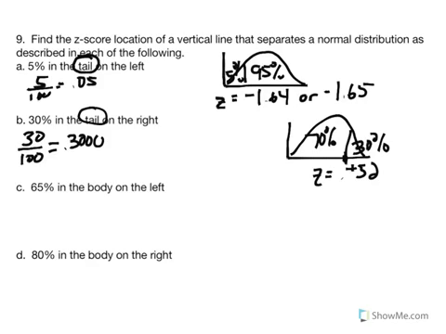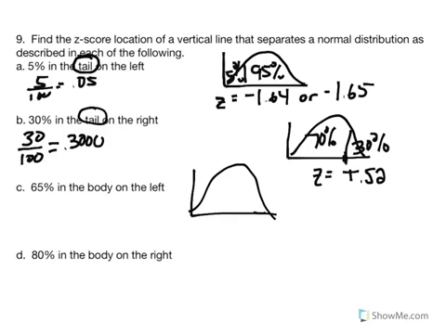So positive 0.52, and I'm just going to rewrite that a little bit so that it's a little clearer. So positive 0.52 is the z-score that represents sectioning off 30% to the right and 70% of the body to the left. Okay, so the next one, we're going to sketch our distribution,